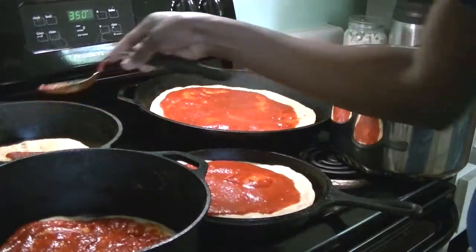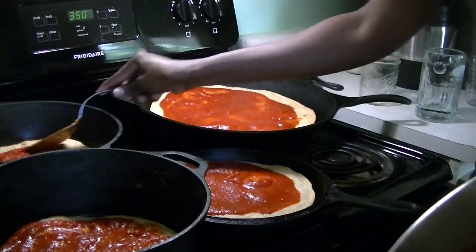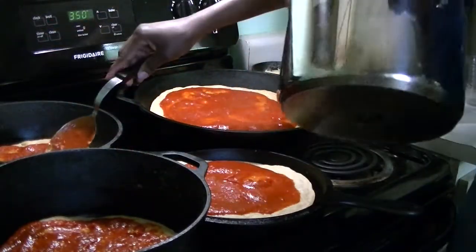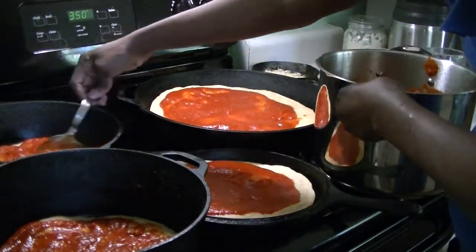Like this one. Are they dragging it? Yeah, they're dragging it. Look at top right. Oh, I totally forgot to put those